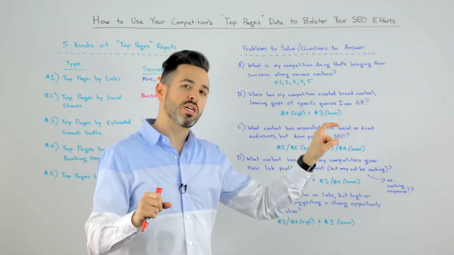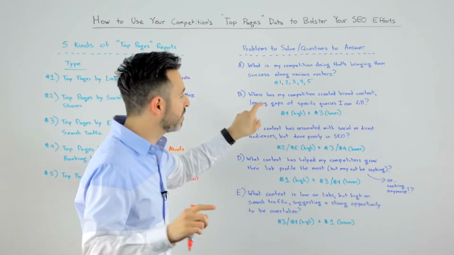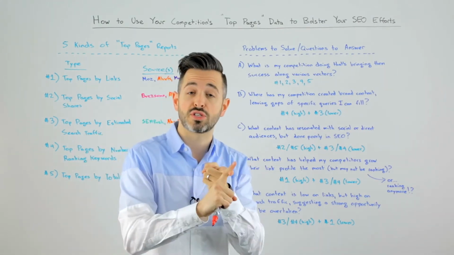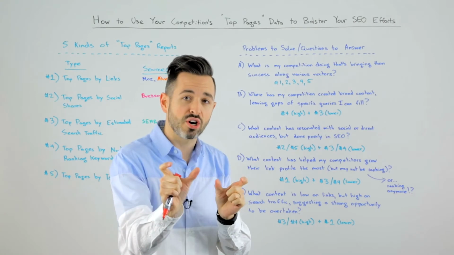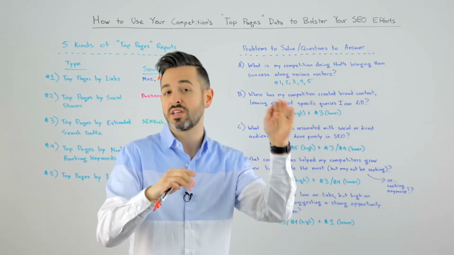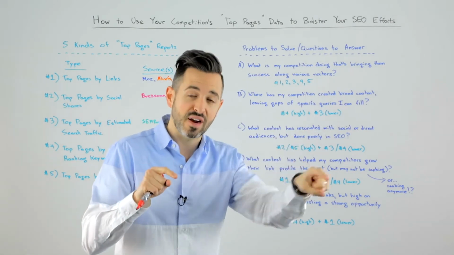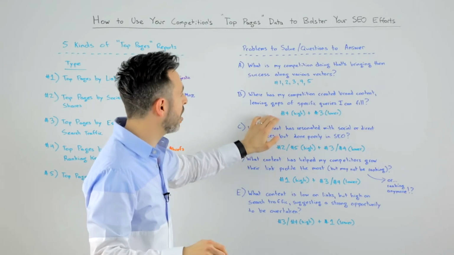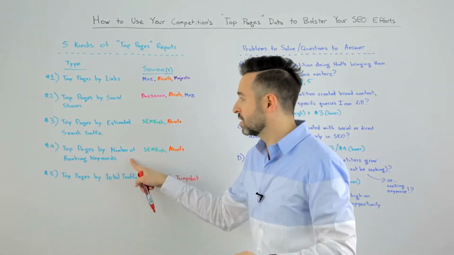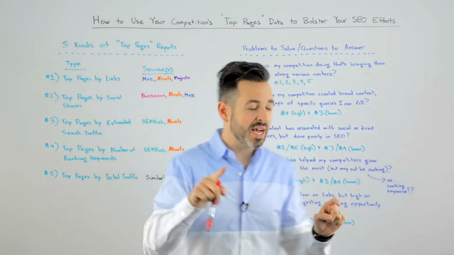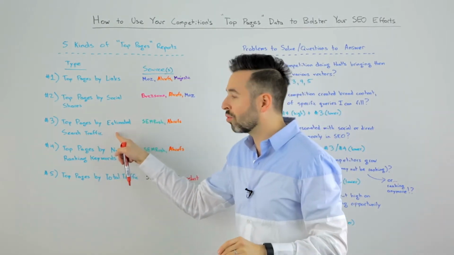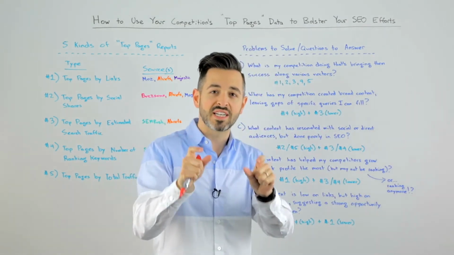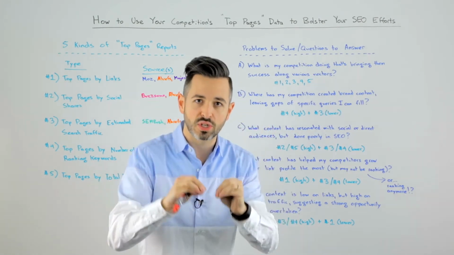So B, where has my competition created broad content, but they've left gaps of specific queries that I could potentially fill? Potentially fill with answer boxes, featured snippets. I could potentially fill by having a more targeted page that answers that query directly better and so doesn't need as many links to rank because it's very, very hyper-targeted. And you can do that by looking at things that your competition has done really well on number 4, right? Top pages by number of ranking keywords, but has not done as well with total organic estimated search traffic. The gap between those two will give you those kinds of content opportunities,